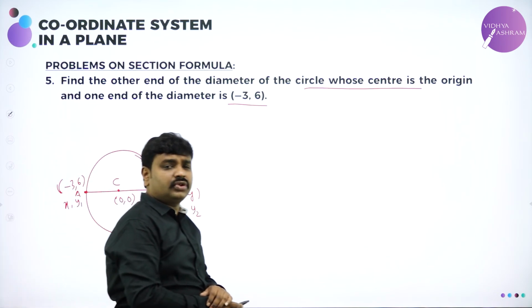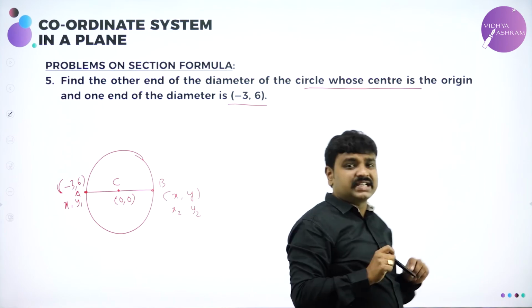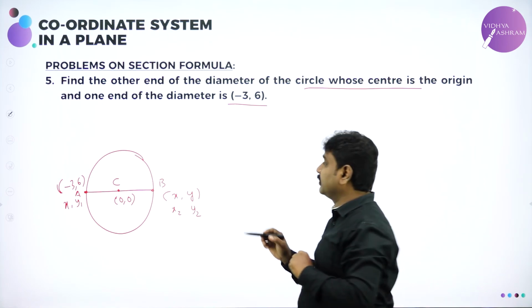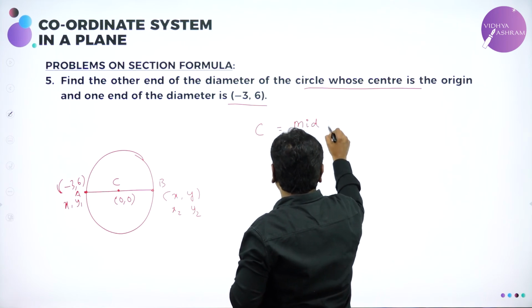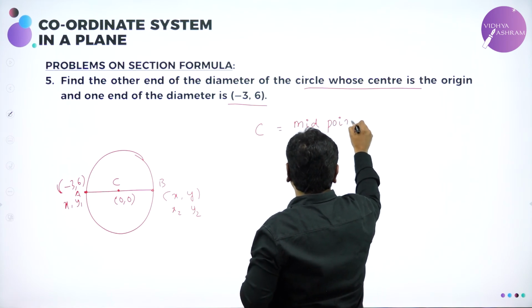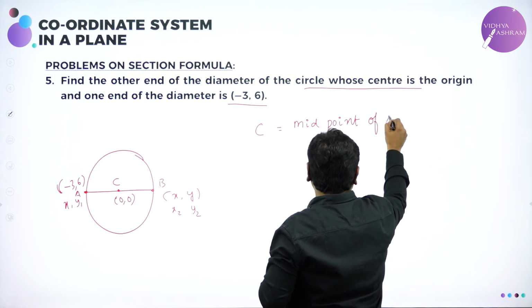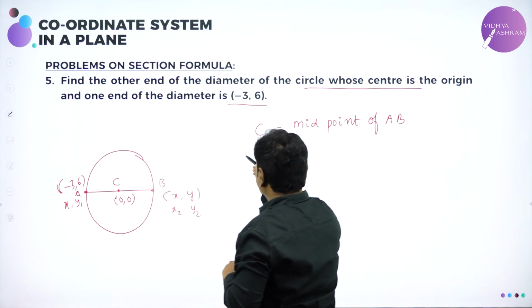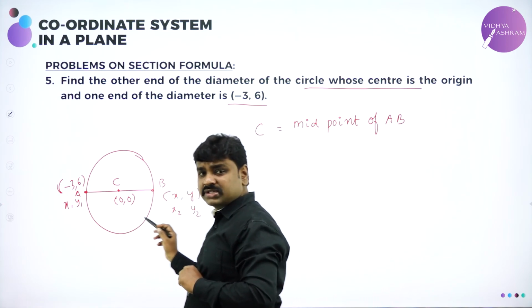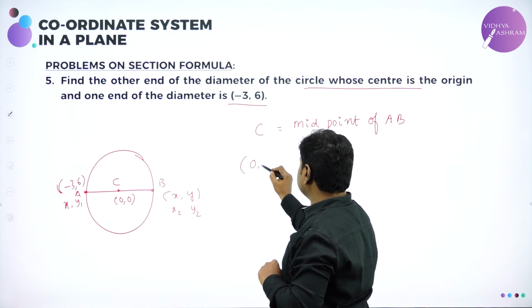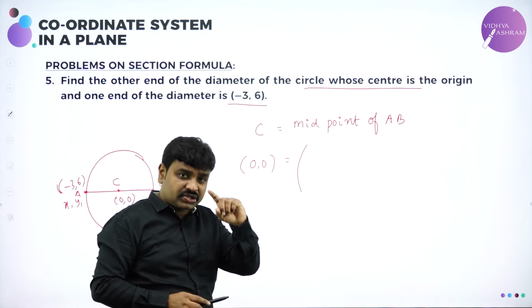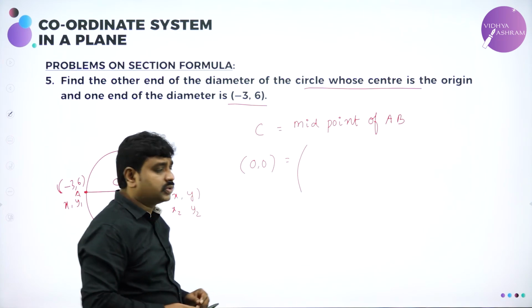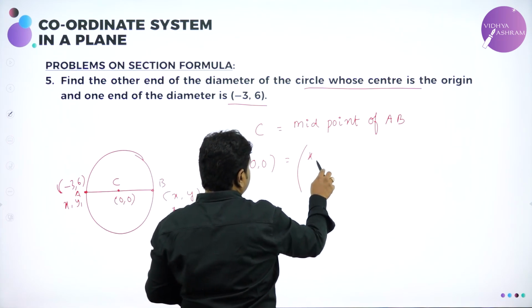How to find this? Use the same concept. What is the center? The center is the midpoint of the diameter. C is the midpoint of AB. Now C is given actually. What is C? 0, 0. In the place of C, I will put 0, 0. Midpoint formula. What is the midpoint formula? x1 plus x2 by 2, y1 plus y2 by 2. So now I will write this as